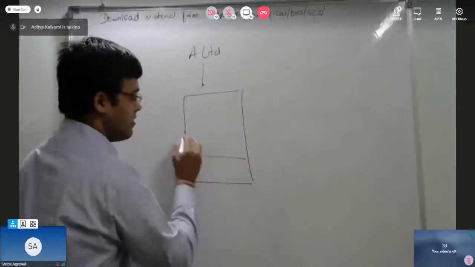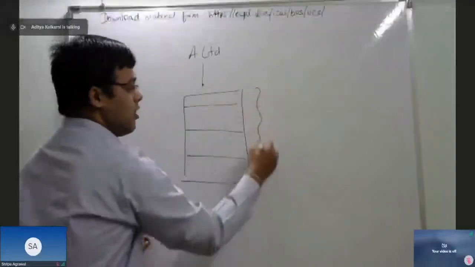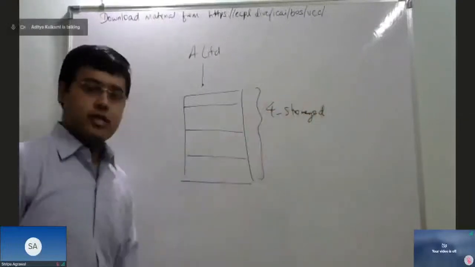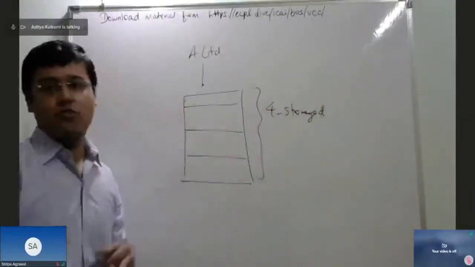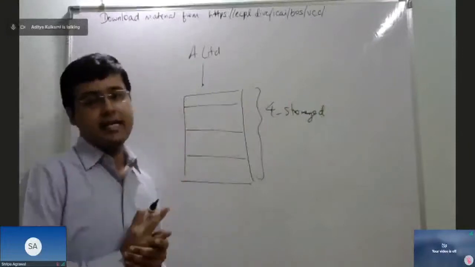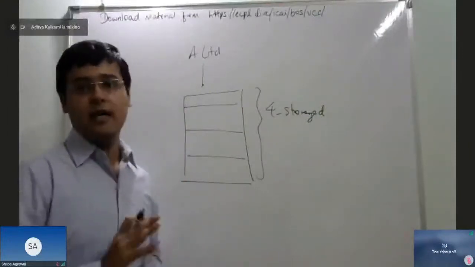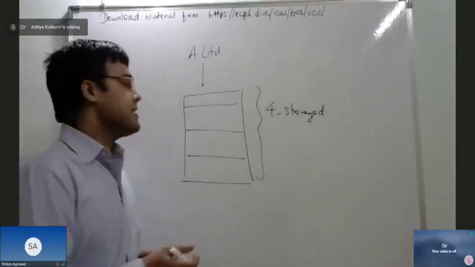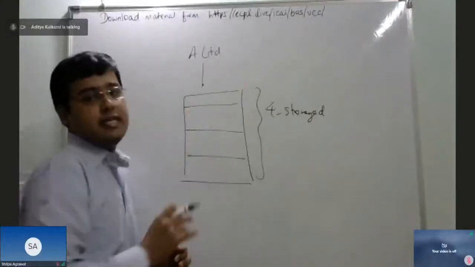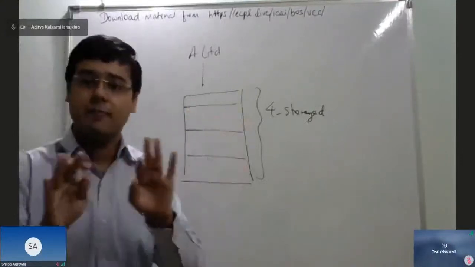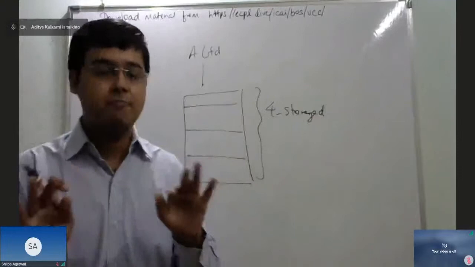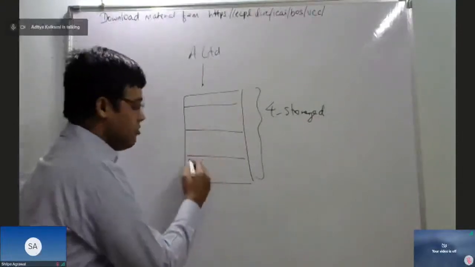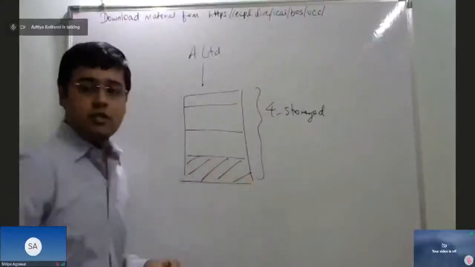Sorry, not 10, let us assume a 4-storied building. I cannot draw 10, so I drew 4. So it is owning a 4-storied building, and let us assume that the company can split these different stories into separate properties. The company can split these floors into separate properties, and it can use, say, the ground floor for its own